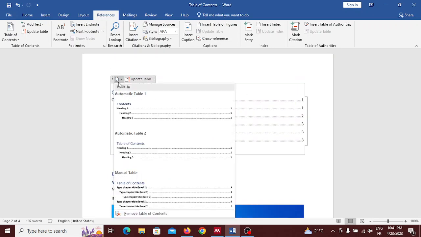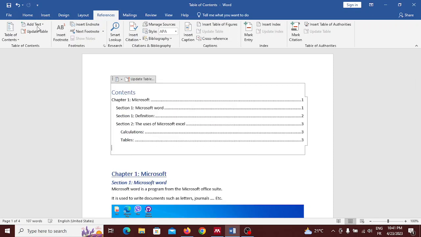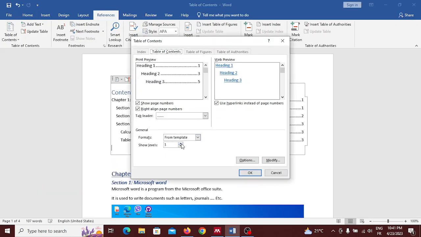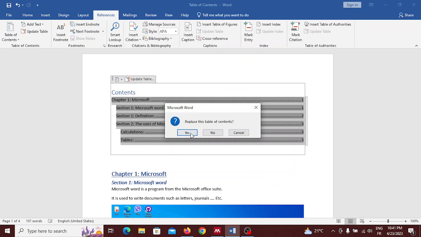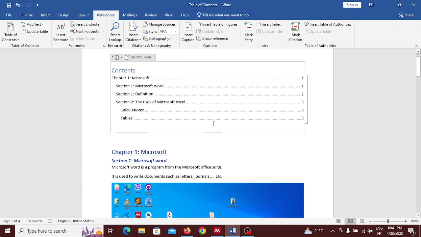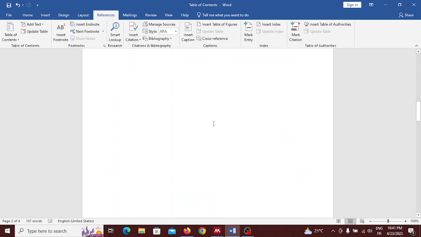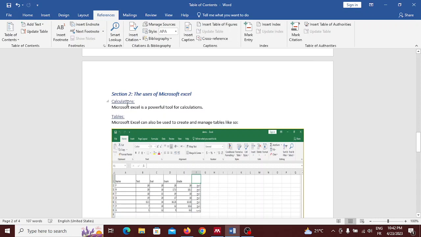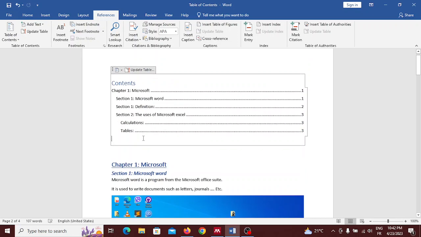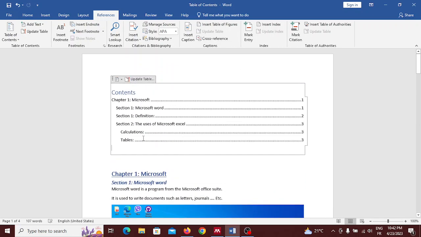If we, for example, now let's try to further customize it. For example, let's use 4 levels. Let's replace this. Now we have subsections. These subsections, calculations and tables, are indexed properly. Okay. Now the thing we have to use in order for our table of contents to become reliable are the